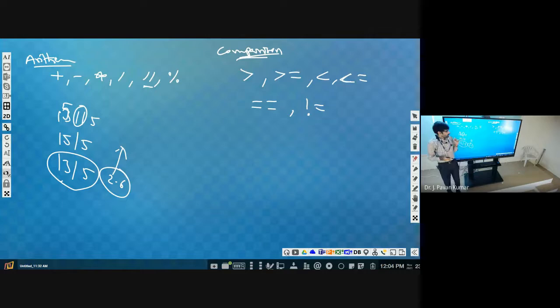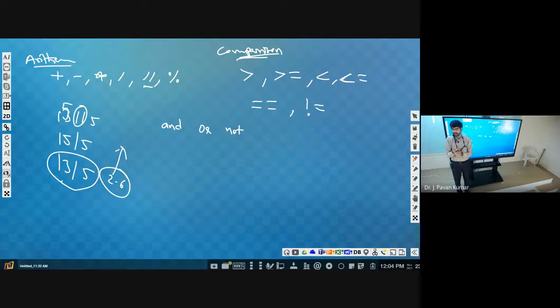Next, we have seen and, or, not. These are other operators. We use these when we have two conditions to check to execute one particular statement. If both conditions are satisfied, then only we execute a certain statement.